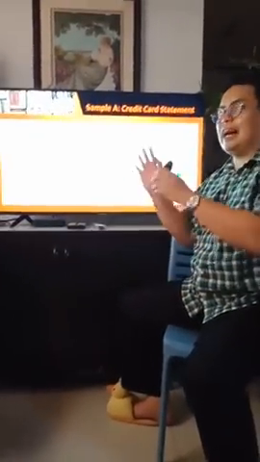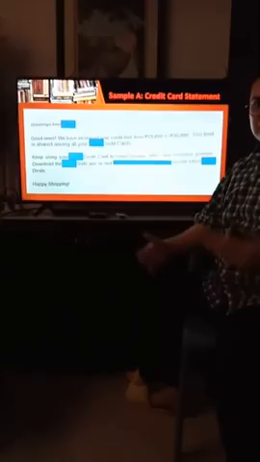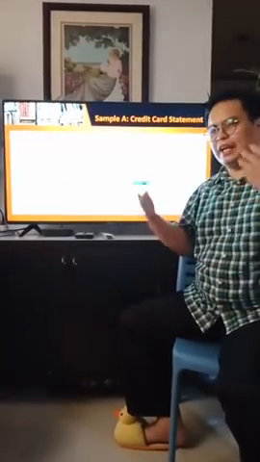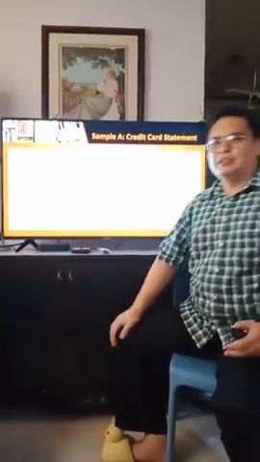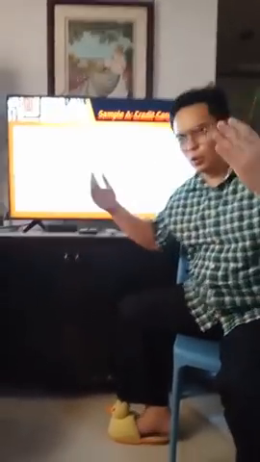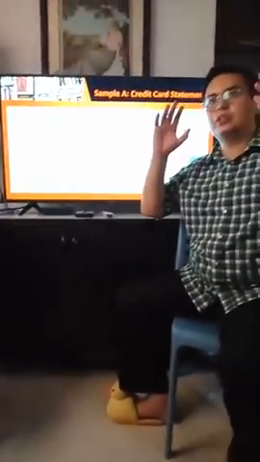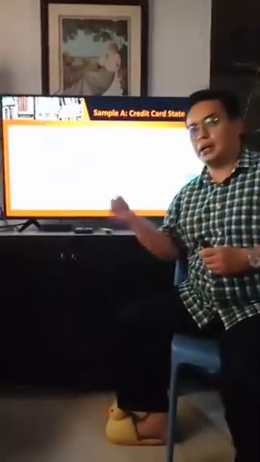And we're only looking at a credit card statement, okay? This is also applicable to a lot. News stories, okay? In one tabloid, an actress is described to be humahagulgol, according to the headline, no? That actress is humahagulgol. And I'm thinking, and probably you're thinking, why should the author write humahagulgol instead of umiiyak?